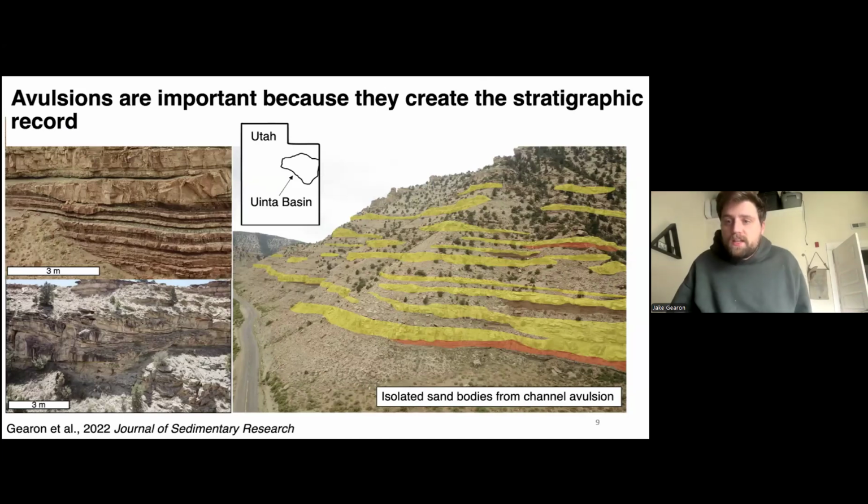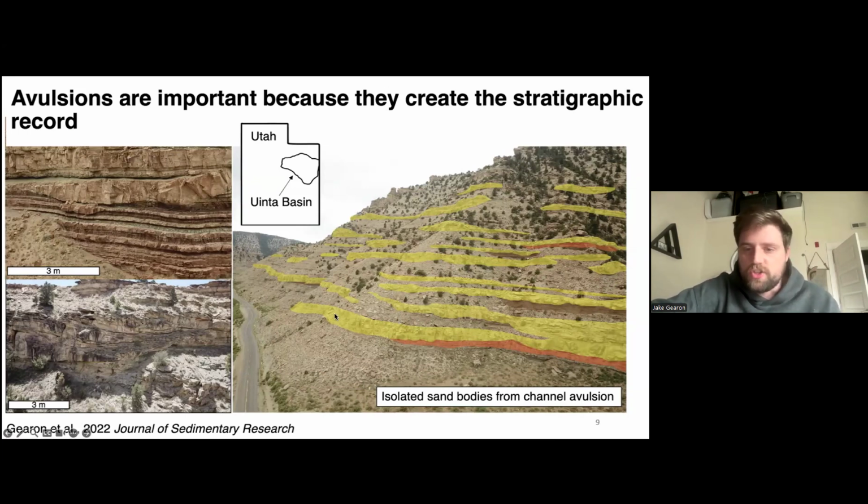Avulsions are important not just because they make for very pretty satellite GIFs, but because they create a large part of the stratigraphic record itself. This is some work I did in my master's, just to show avulsion stratigraphy. This is the Middle Green River in the Uinta Basin, Utah. You can see these isolated channel sand bodies here on the right, and that's evidence of river avulsion because from a Waltherian framework, you have a channel and then it avulses away, and you get this background floodplain, which is this slope